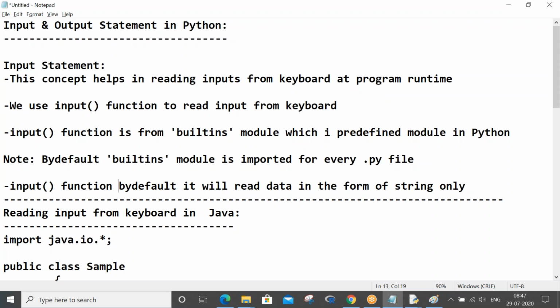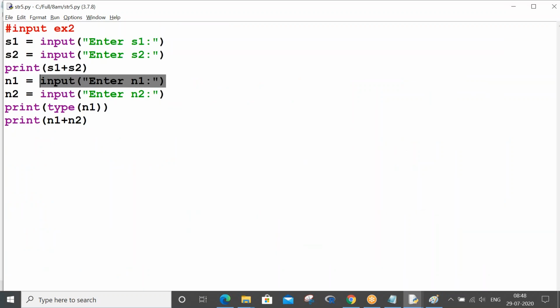So string addition means what? It is string concatenation. It will show side by side, right? Like hello Python, how it has shown side by side. The same way 100 also treated as string, and 200 also treated as string. So 100 plus 200 means 100, 200. It is showing in the output, right sir?